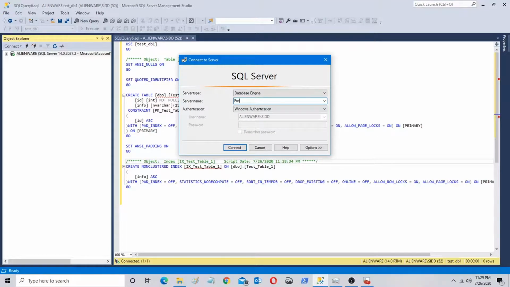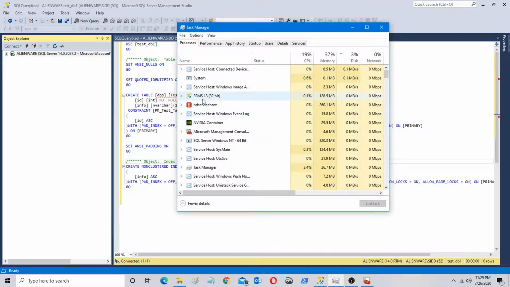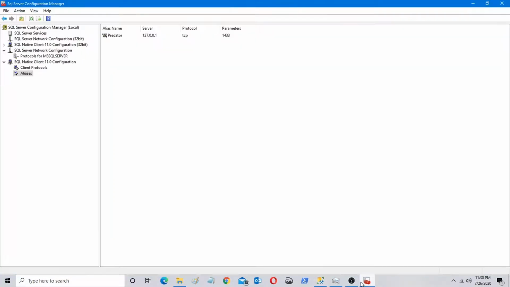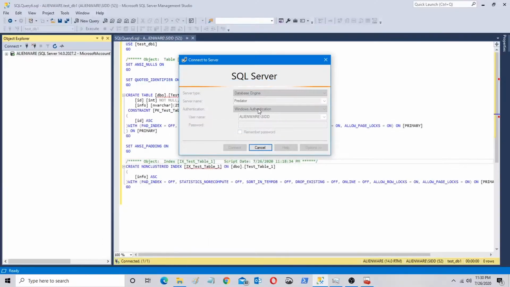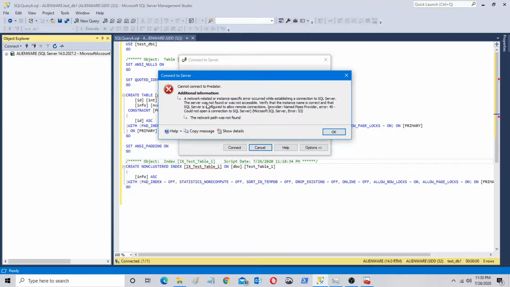Now if you directly jump back to your SSMS and try to access your instance, it will fail. Why? Because SSMS is a 32-bit application. Yes, even on a 64-bit system, it's a 32-bit application, and you can confirm this if you go to your Task Manager. We have defined our alias in the 64-bit section. So here, as you can see, it is not able to connect. It is going to give me a network related error that my instance, which I have just named, is not